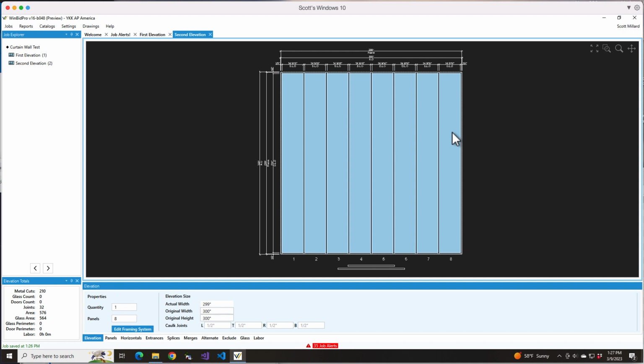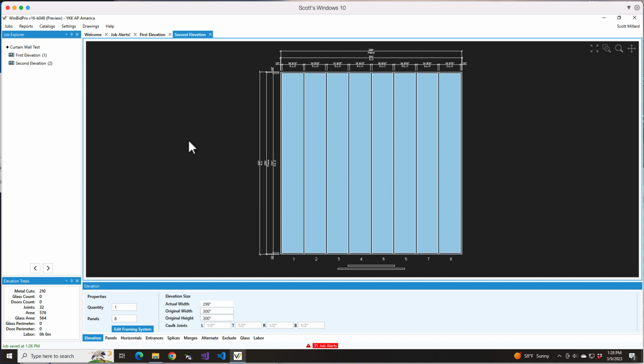In this video I'd like to talk about curtain wall systems, and in particular systems that have pressure plates and face covers. So I've drawn an elevation here. Version 16 has a lot of new features for curtain wall that help calculate splice points or splice gaps and locations and all that stuff better. So this is an improvement, and I want to make sure everyone knows what these changes are and